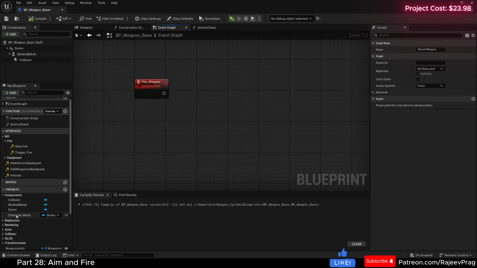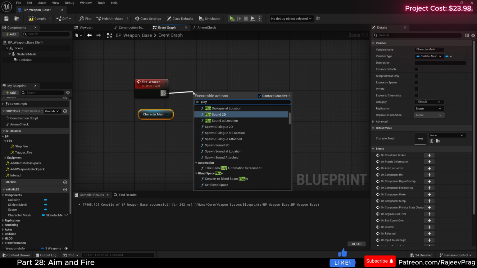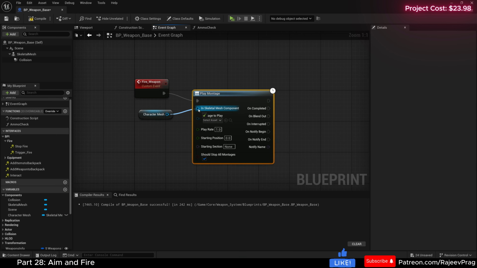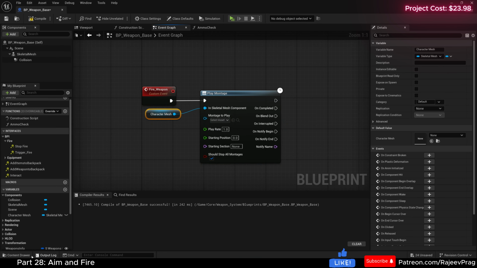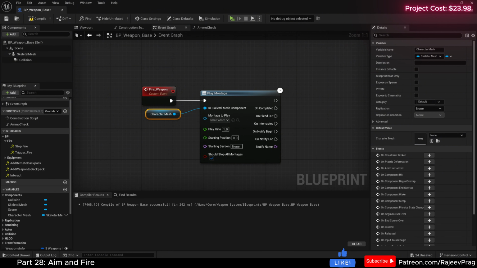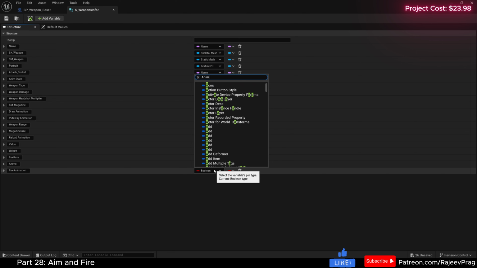In our fire weapon, we're going to drag in our character mesh first, and then off of this, we're going to play a montage. Connect the character mesh to the in skeletal mesh component. And here we want to play a fire animation, so we can add that to our structure as well. So let's get our S weapons info. Here we're going to add in a new variable. This is going to be our fire animation, and this would be of type anim montage